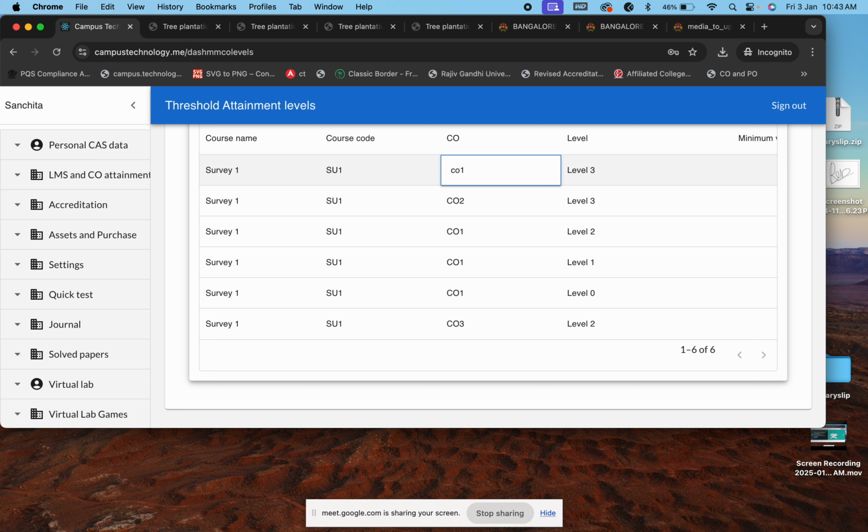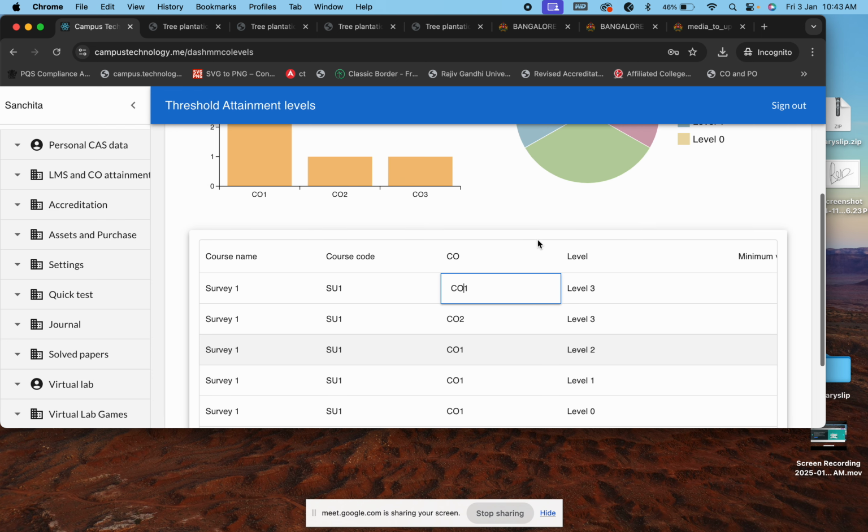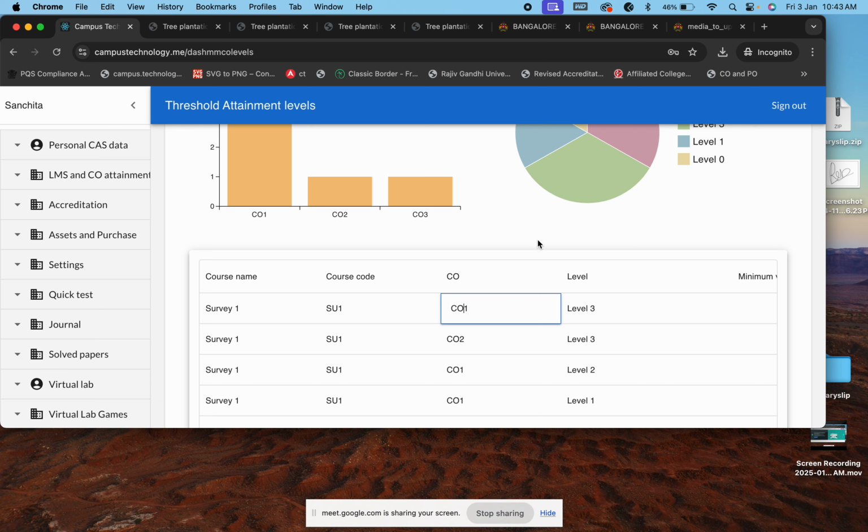It will not map. It has to match throughout. So your convention is uppercase C, uppercase O, and then the number. This convention has to be maintained when you're adding the data, even in the Excel sheet, marks, and subject details. Everywhere the convention of the COs should be maintained.